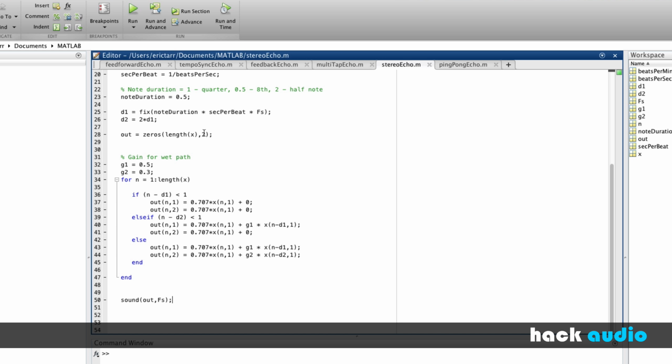So now we've successfully created a stereo echo effect with different delays on the left side and the right side. This approach was based on a feed-forward echo, so we only have a single repetition on each side. The second example that I'm going to demonstrate is called the ping-pong echo. This is where we have an alternating pattern of repetitions that go back and forth between the left side and the right side. We're going to need to use feedback here in order to create the repetitions that go